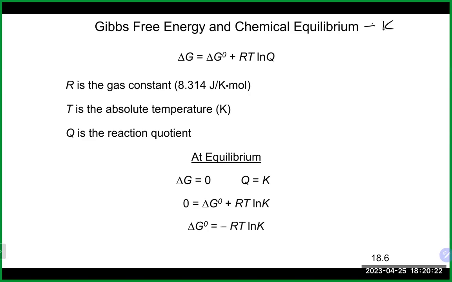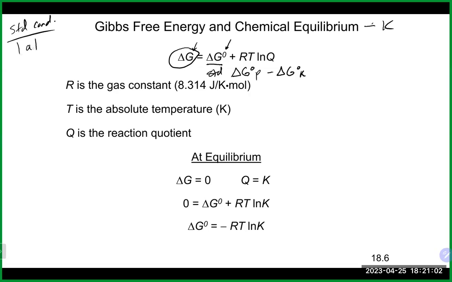So you may be saying to yourself, that's a lot of G's in this equation, and it is. So the difference here is one has a naught, one does not. The way you can think of this is the guy with the naught is really standard conditions, right? So that is the guy that you would go to the table, do products minus reactants, and calculate the delta G value. You could think of this guy as non-standard conditions, what the delta G would be under non-standard conditions. Remember that when we talk about standard conditions, what that really means is usually